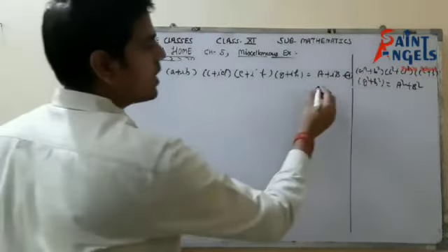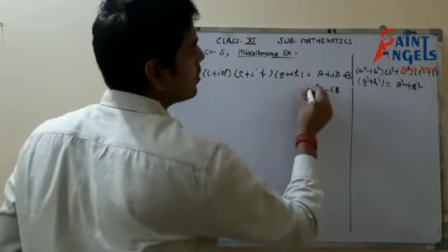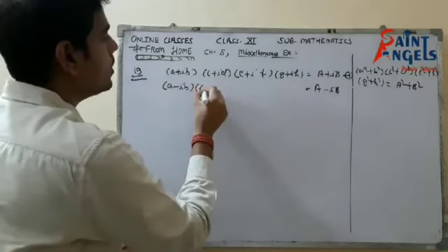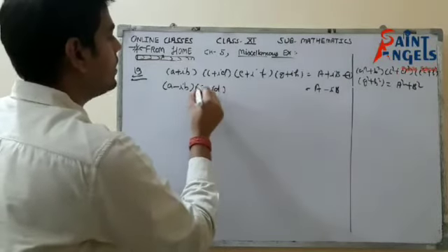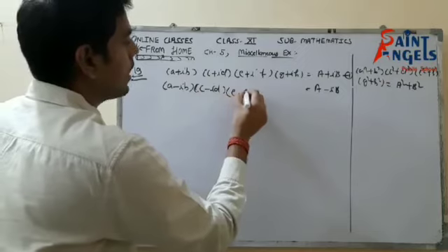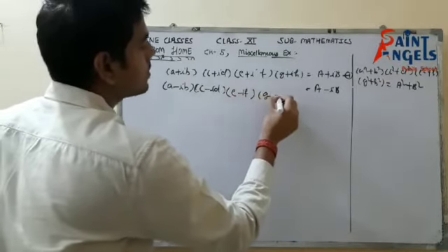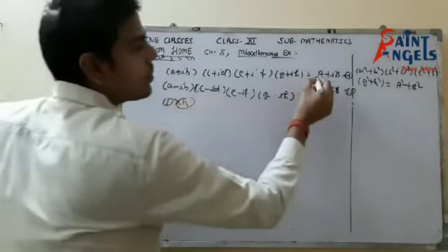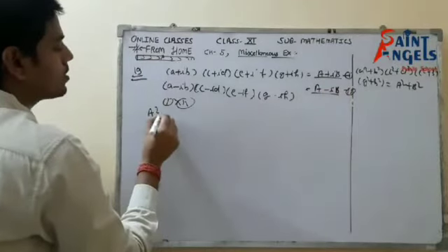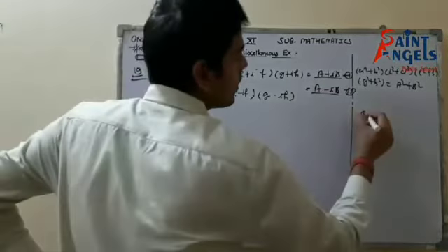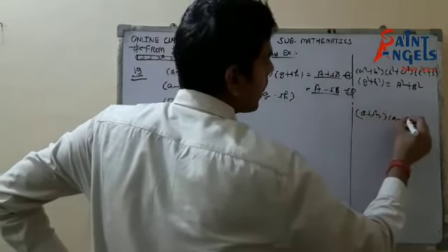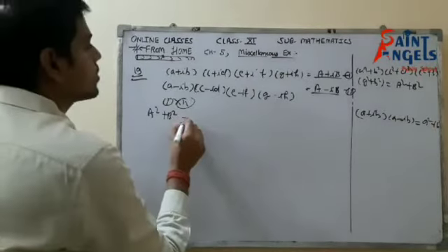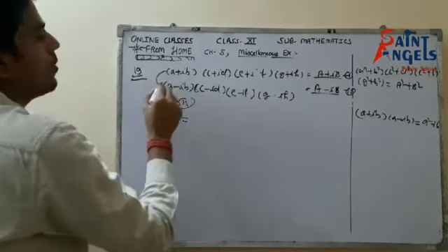Question number 19: first, write down its conjugate, a minus iota b. So that would be equal to a minus iota b, and it would be c minus iota d, e minus iota f, g minus iota h. Now multiply first into second. So a plus iota b times a minus iota b would be what? A square plus b square. Because we know that a plus iota b and a minus iota b multiplied is equal to a square plus b square. Okay, students?